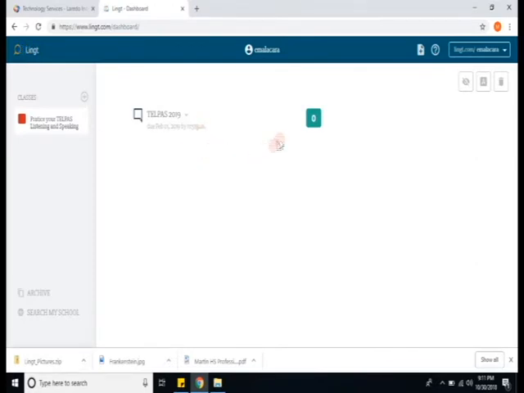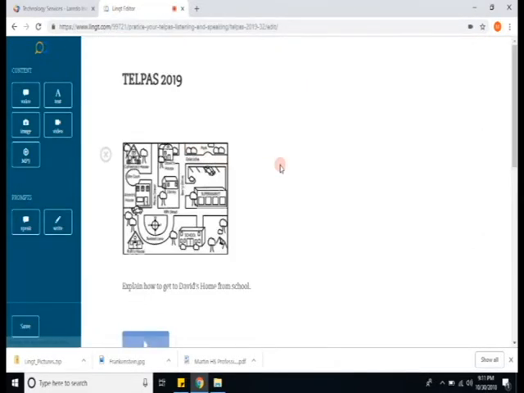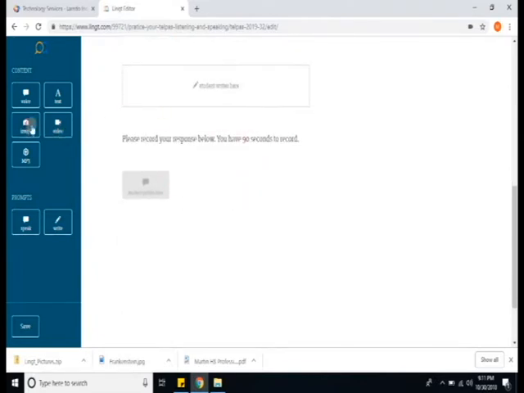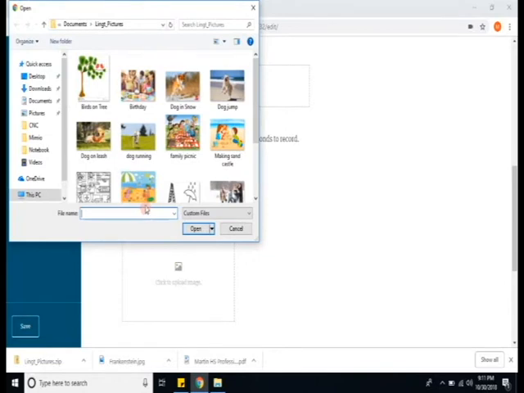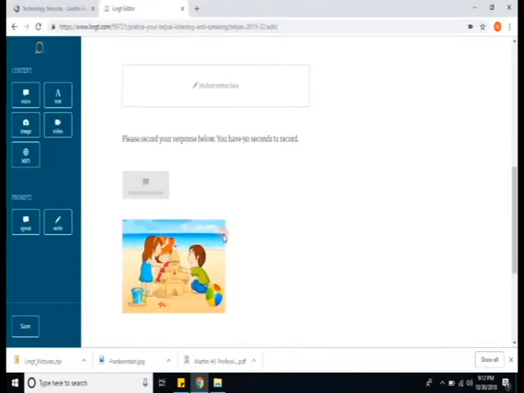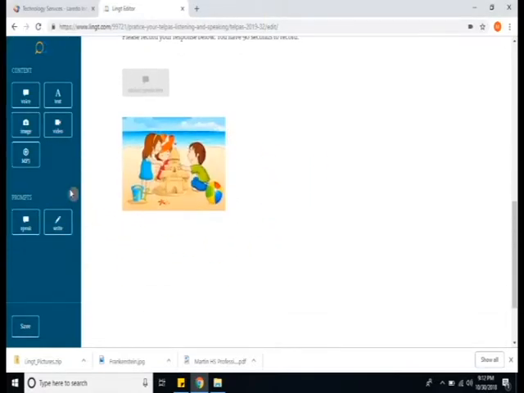You can always come back to your assignments and you can edit them. And you can add more to what you already have in here. If I wanted to add a little bit more, I can add another image. And I can click and drag it in here. And let's look for some other images that I already have. Let's open this one, which is the beach scene. And we can ask in the text,